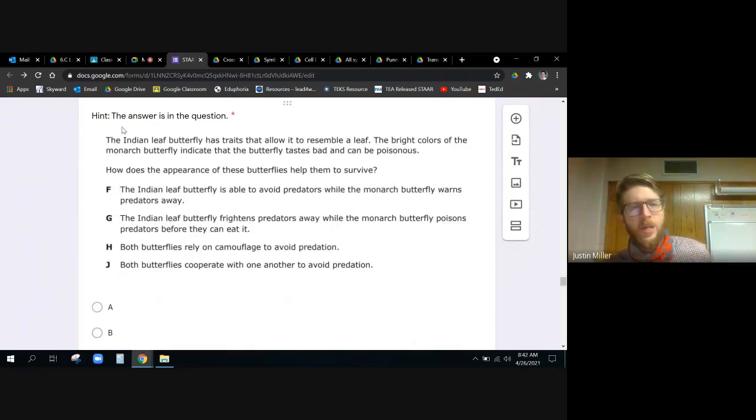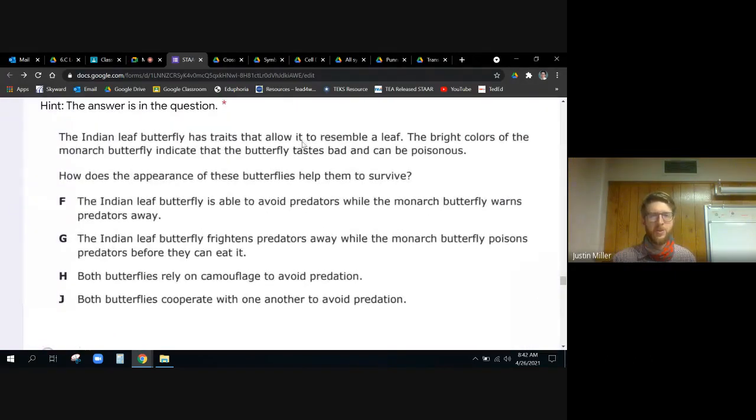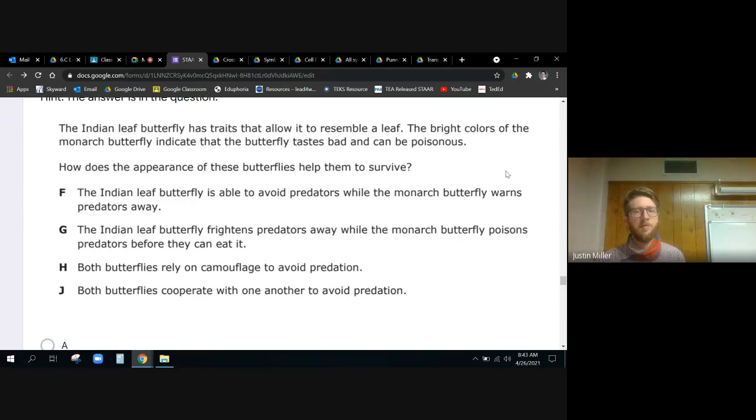Okay. How does the appearance of these butterflies help them to survive? Well, if we go back and read, it says the Indian leaf butterfly has traits that allow it to resemble a leaf. That sounds like camouflage, right? Blending in. The bright colors of the monarch, however, they stand out. They don't help it blend in, but what they do is they indicate that the butterfly tastes bad and can be poisonous, which is true. I've heard they do taste bad. Well, I haven't eaten one, but